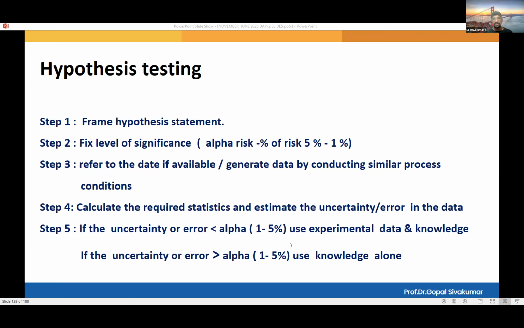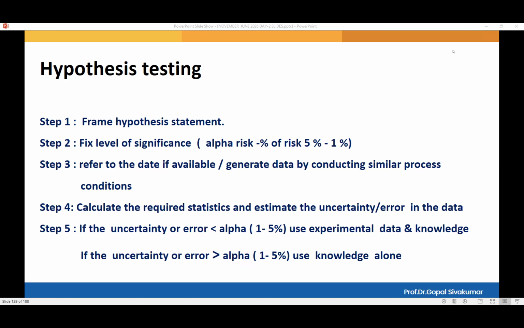If the alpha is within 1 to 5%, I am not saying it is 1 to 5%. The alpha is fixed by you. For example, you are calculating alpha and you are getting 2%, but what you fixed is 1%. Guys, let me ask you a question. Let us say Mahesh is calculating alpha, and after calculating, he found that the alpha was 4%. But the alpha which he fixed in the second step is 2%. What will you do, Mahesh? What should be Mahesh's decision?